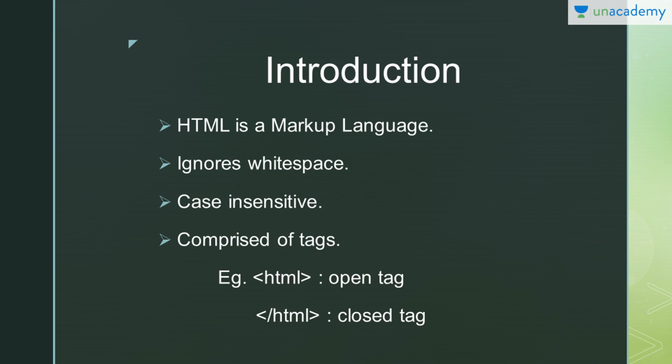Next is that it comprises tags. Now HTML is basically a tag based language. In this you will come across opening and closing tags. Like in this example, you can see, this is HTML. This HTML is the open tag, and this HTML followed with a forward slash is known as the closed tag. Okay,